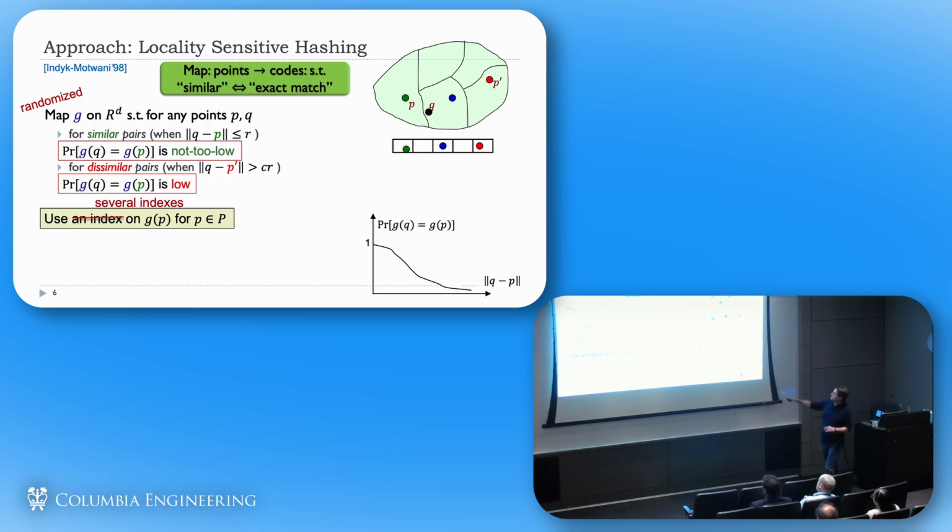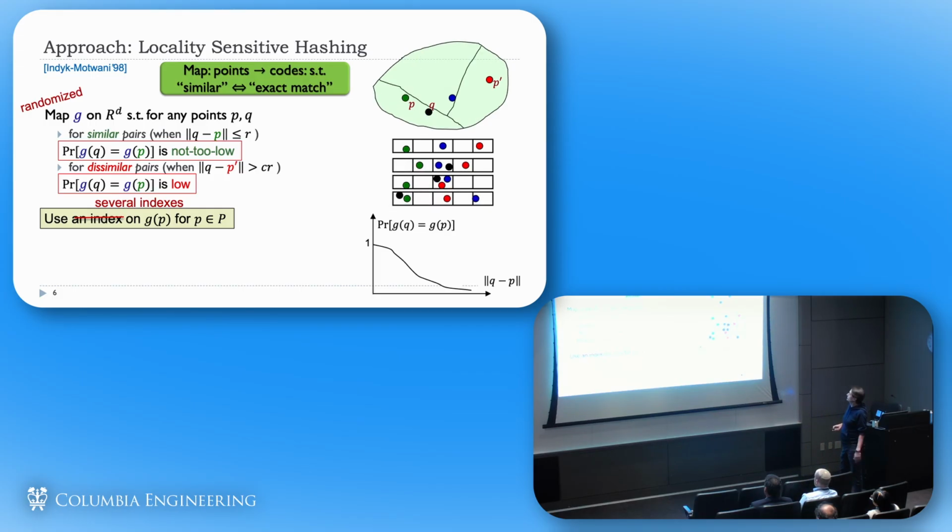Now this means that because this probability is not too low, building one index is not enough, because here the query is just on the wrong side of the boundary. So you repeat this process a few times. This is a randomized process, so you repeat it a few times, build a few indexes, and hope that in one of the indexes you succeed to collide with your close point, this time P. So this is the prototype of the algorithm. And of course, the main question here is how to build these randomized space decompositions. How to do that? This becomes basically a geometric question.